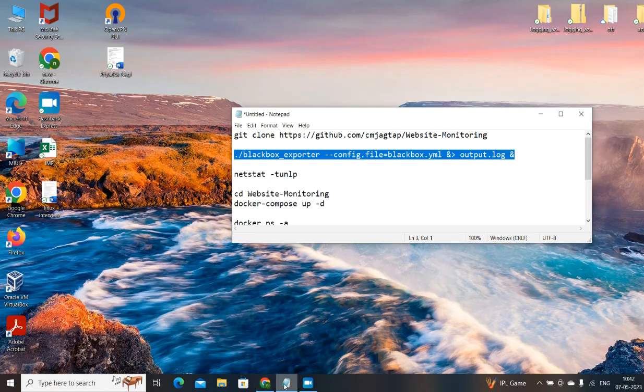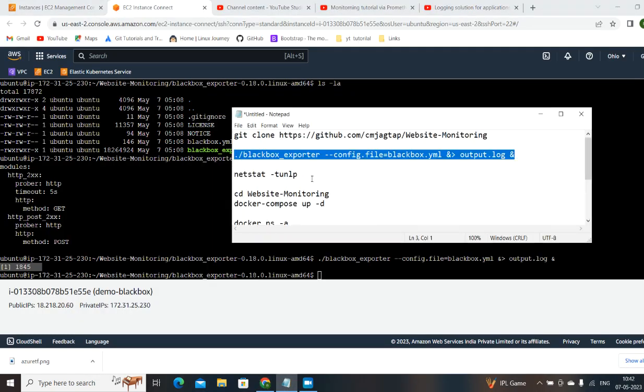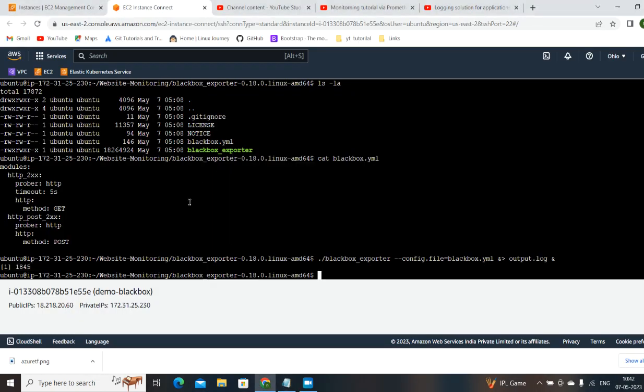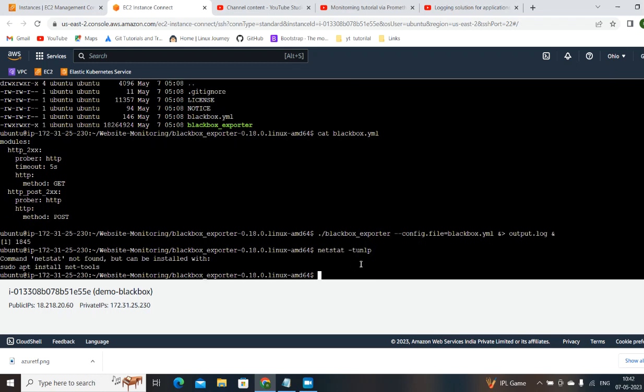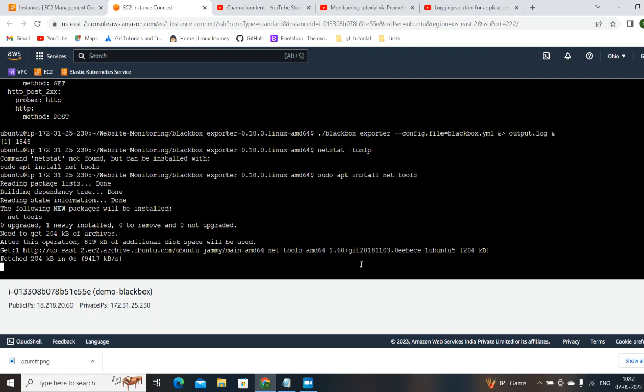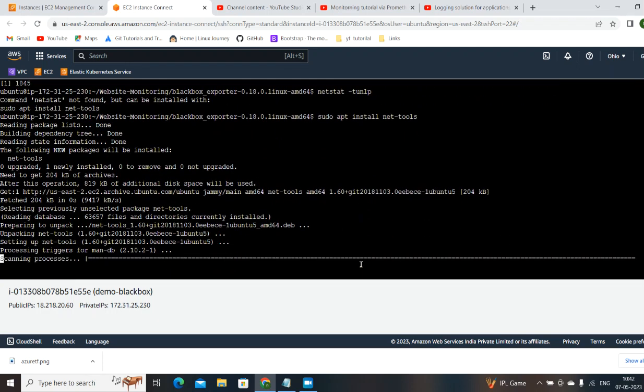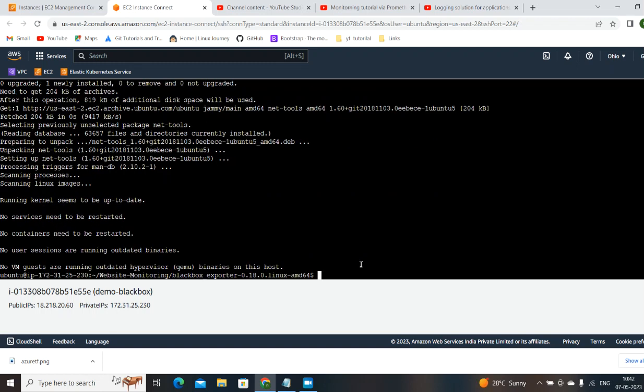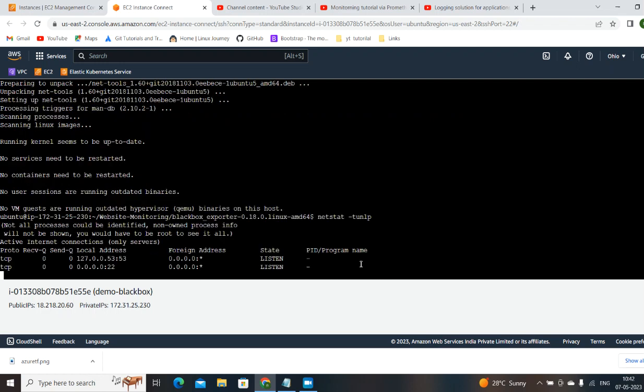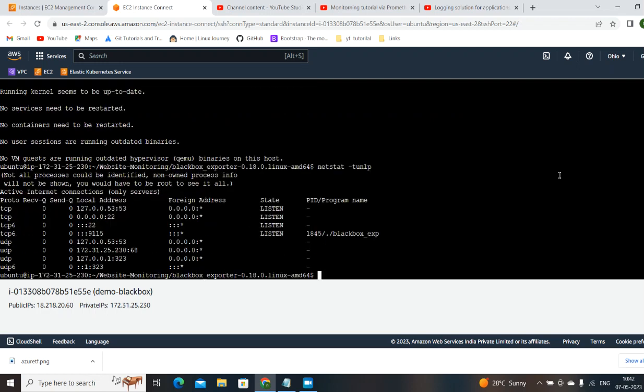So if we do netstat, I think it's a fresh machine. Netstat is maybe not here. Okay, so we need to install netstat. sudo apt install net-tools. It will take only around 10 seconds. If you again run the same command, here you can see